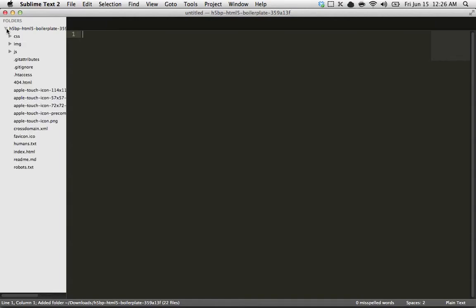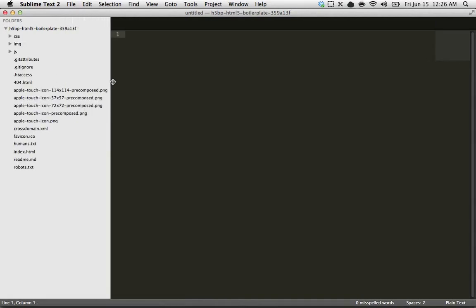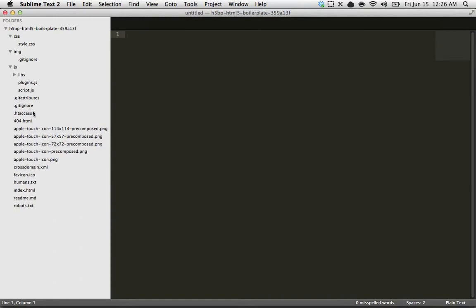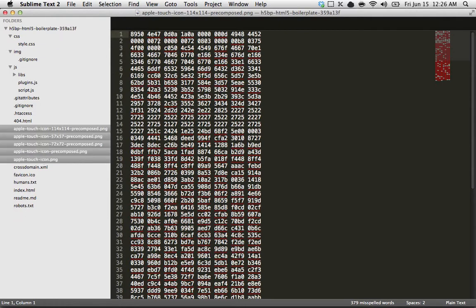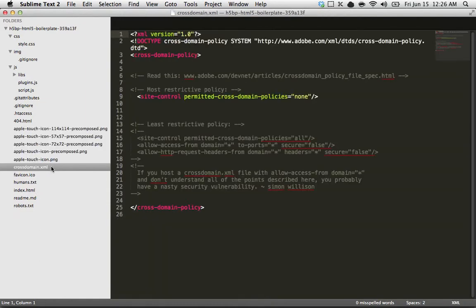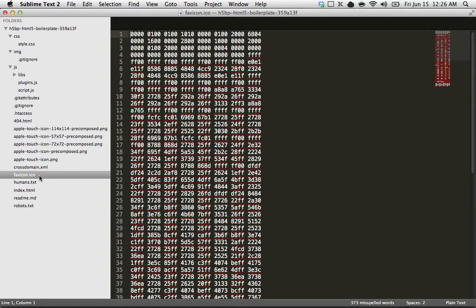Let's see what's inside. So as you can see, it already comes with a bunch of files. It contains folders: CSS with style.css, images, and JavaScript. And then we have about 5 PNG files. These are the Apple Touch icons that are used for either our iPhone or even Android. We also have a cross-domain XML file and favicon.ico that can be used to identify the logo or a picture